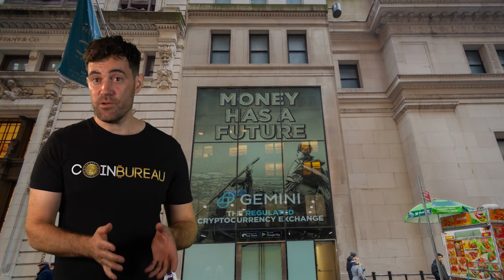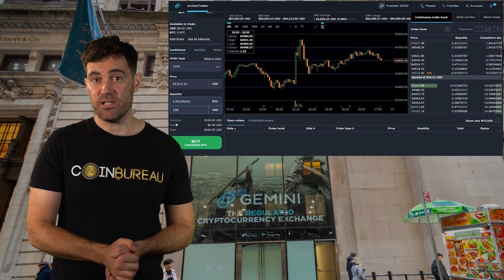Anyways, if you are going to be using Gemini, make sure you use that active trader for the lower fee